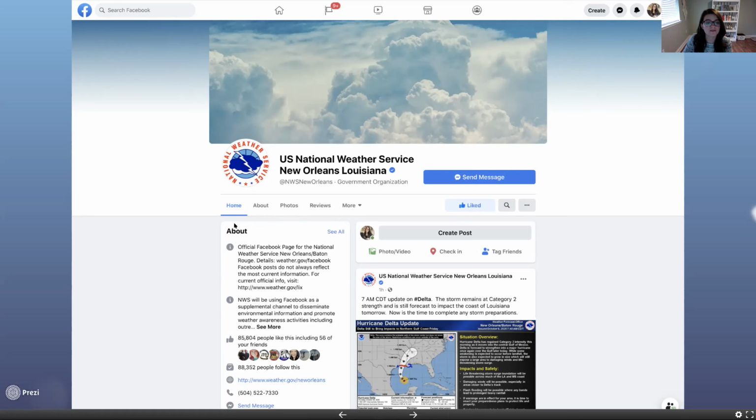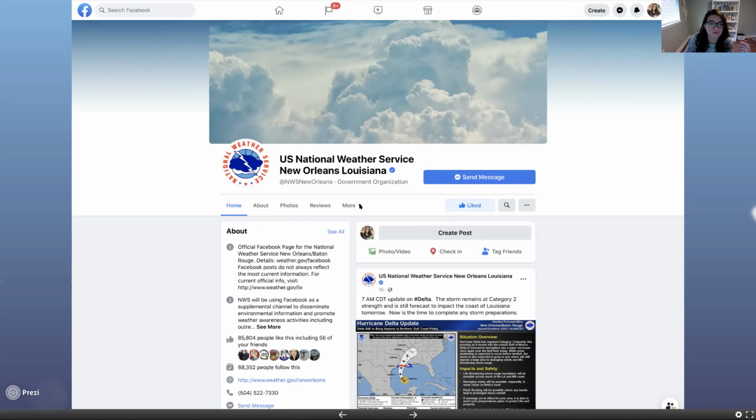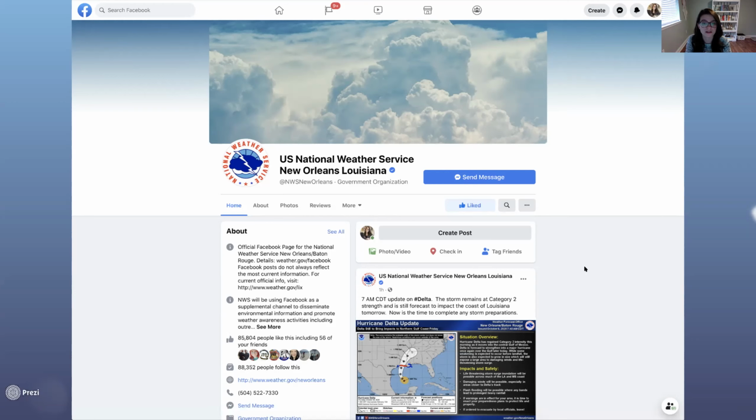If you want to invite friends to like this page, their community tab is not currently visible. So your community tab is where you invite people to like the page. So they're like, I don't see it. You just hit more and that drop down is going to show you all the other tabs that are currently not visible. Your about section, if the person has filled it out, is a brief introduction to the page and what that organization does. You can see how many people like the page, how many people follow the page, their contact information. If you have a business page, it's really important to fill all of these things out so that people can contact you easily.